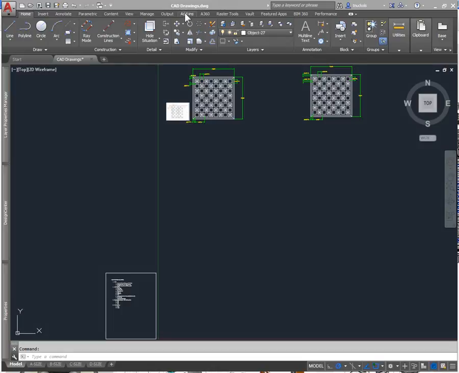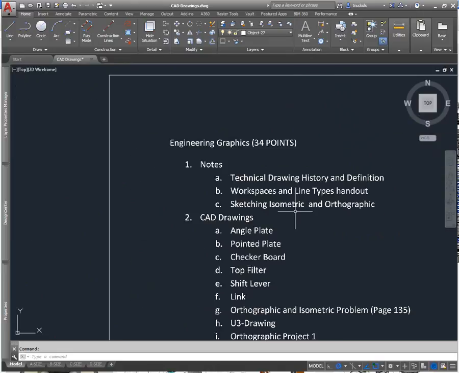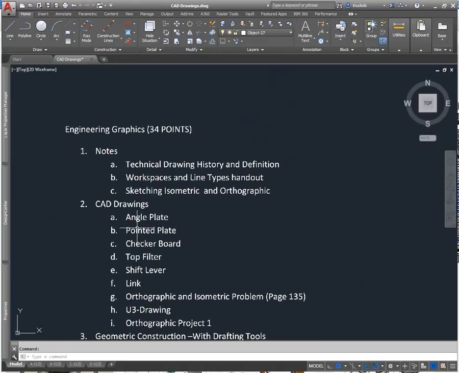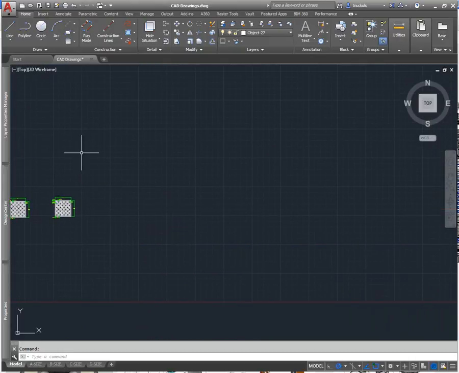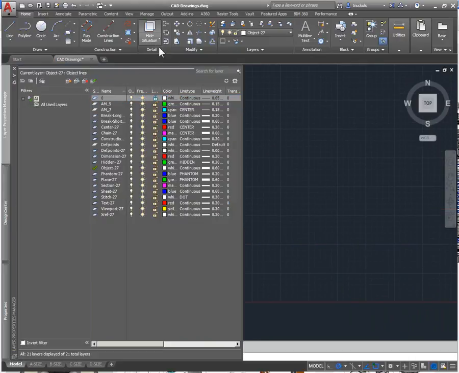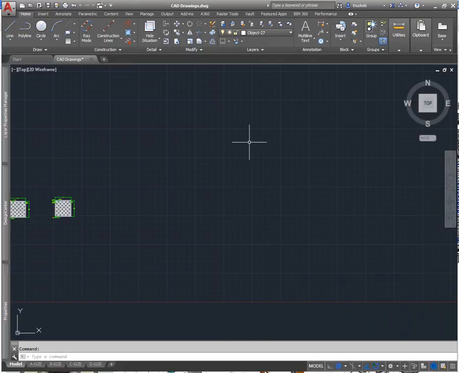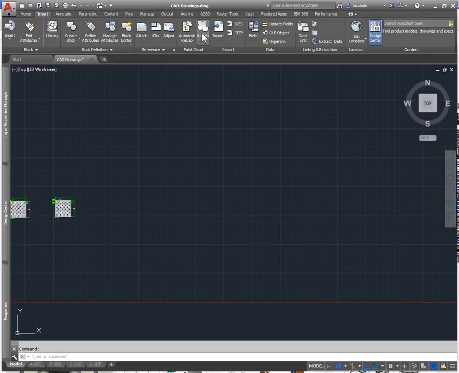You'll be doing in CAD drawings. Here's a copy of the table of contents attached to the CAD file. The next one is called Top Filter. Top Filter is a metric one, so it's going to appear larger on the draw space because the units would be larger numbers. I'm going to go to Insert and Attach